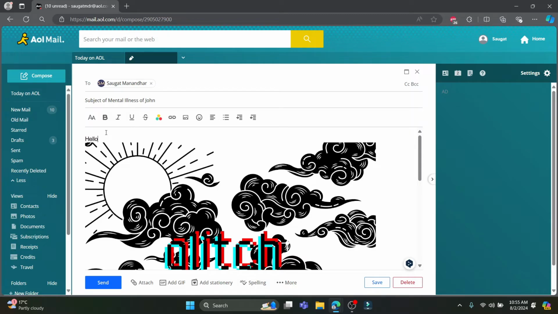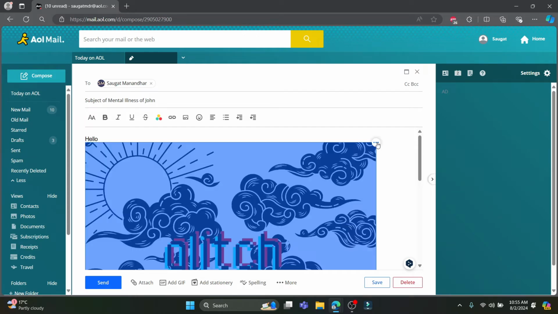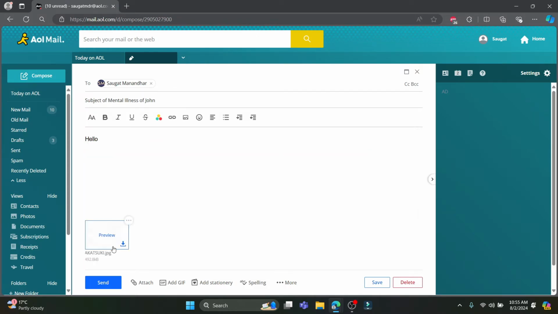After you write it, you can see that there is the option of font. You can now see that you can also increase or decrease the image. I've attached this image over here, so this is gonna work. Go ahead and start writing the message what you want. After you write it,